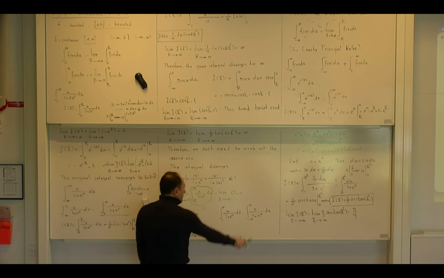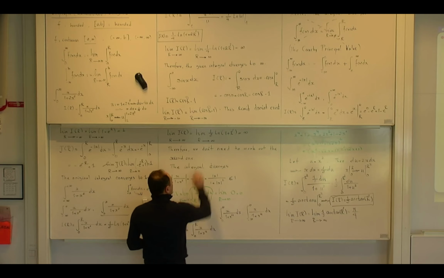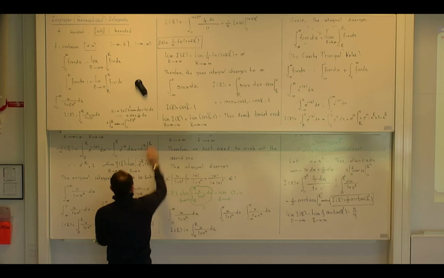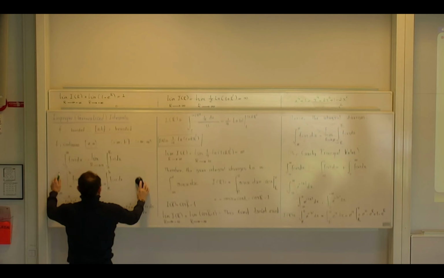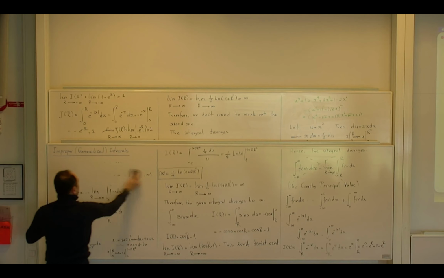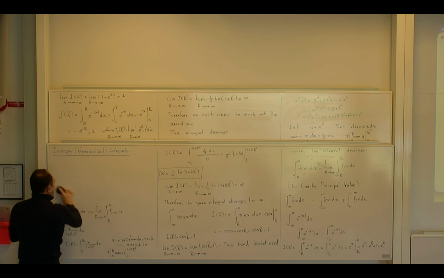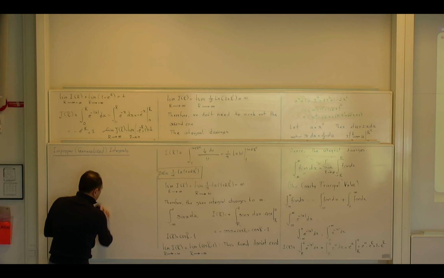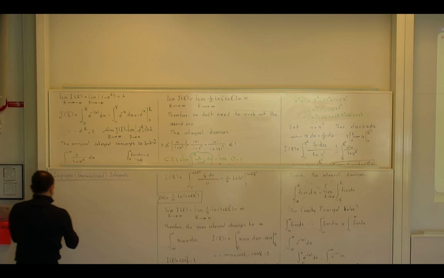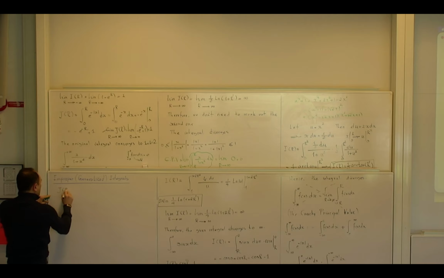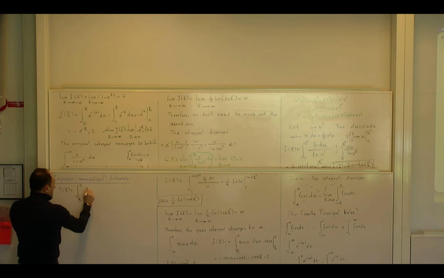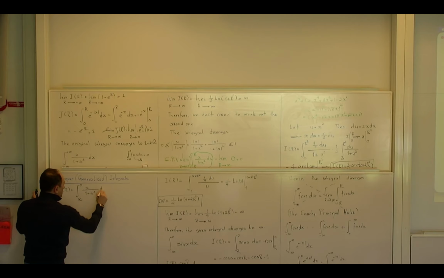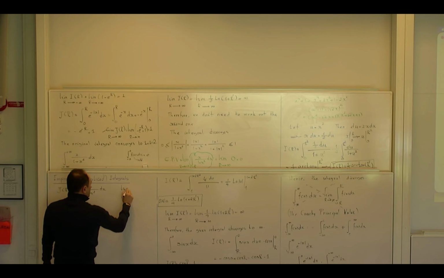But what do you think about this one? Let me call it J. So what function do I define now? Let me call it J of r this time, because that's another integral, but it goes from minus infinity to a number. So I will define J of r to be the integral from r to 0 of x divided by 1 plus x squared dx, and then I ask myself, what is the limit of J of r when r goes to negative infinity?